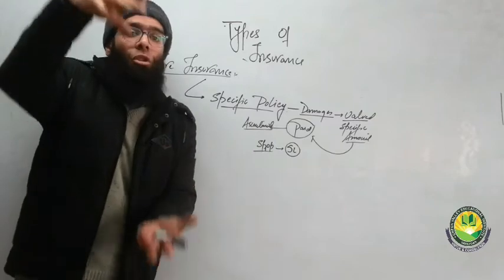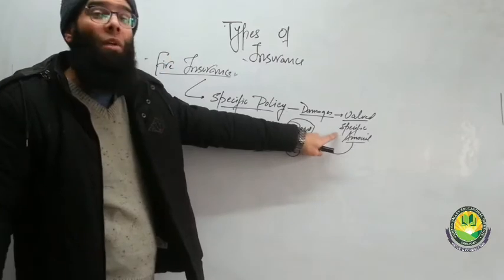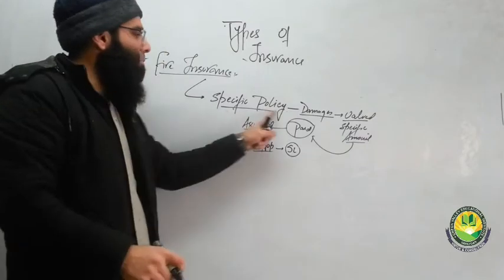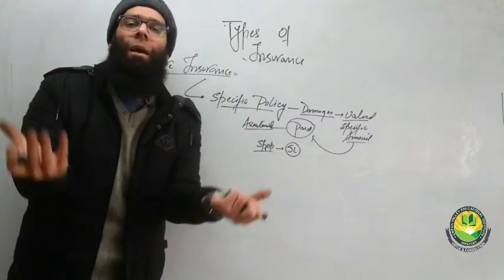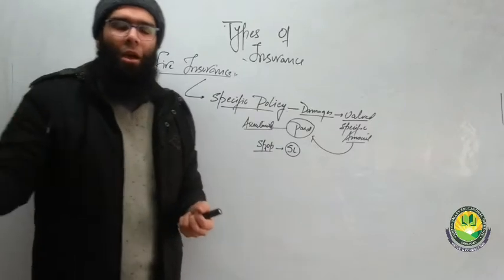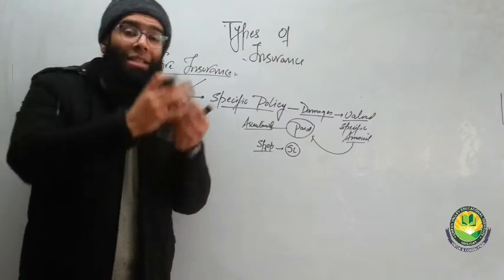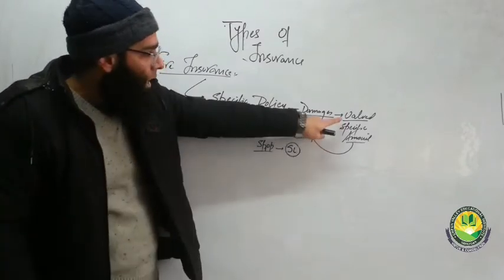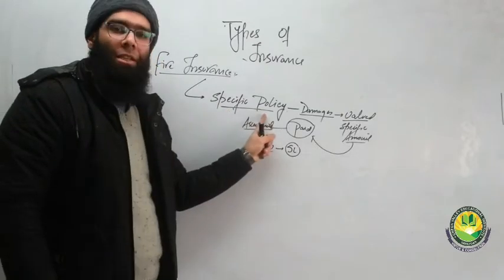So there is a value to the goods which have been insured, and we can ascertain the amount to which the damage has been caused, and that damage will be paid. So that will be called a specific policy. Again, a specific policy is where you can ascertain the sum of the value of the property. My house is worth 50 lakh, my shop is worth 25 lakh, my car is worth 10 lakh. So you have ascertained the value of the property. And even so, you can ascertain the value to which the damages have been caused. So that becomes a specific policy.